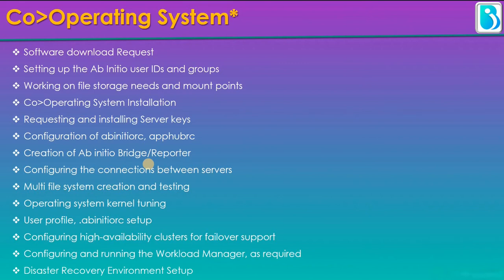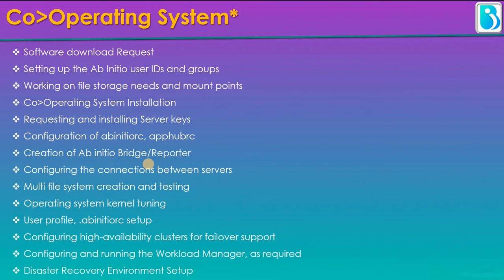Configuring the connections between the servers. Suppose you want to build an Ab Initio cluster, you will have to do certain configurations in order to make the implementation of Ab Initio successful. For that, what is the procedure and tasks we need to take as our main? And how do we create the multi-file system, and why is it so important for parallelism? Ab Initio is good at parallelism, right? In order to achieve that on the server, we should have a multi-file system created on the cluster so that we can achieve the parallelism.